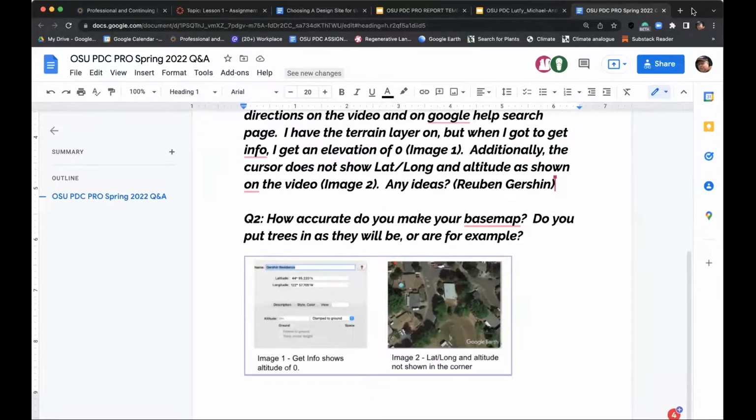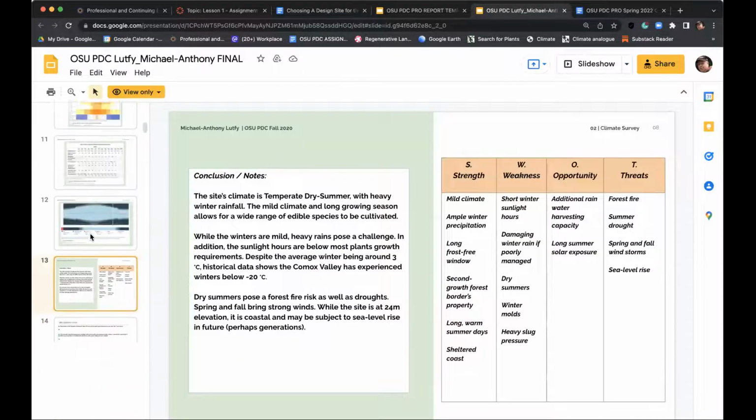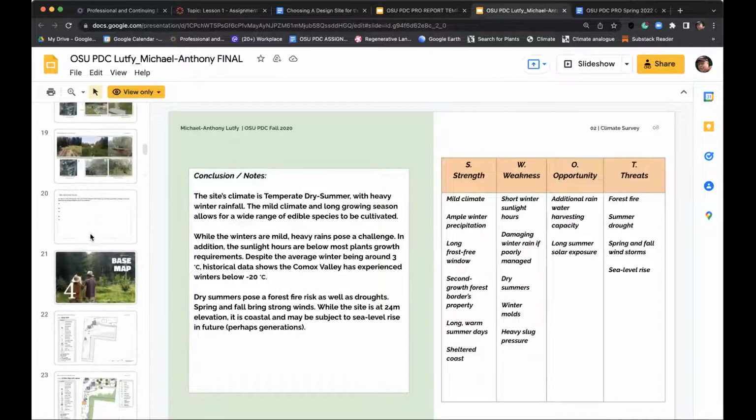Do you plan it for what things are or what they will be? Everybody's going to have a different approach to this. So if I take a look at the student example and we go to the base map